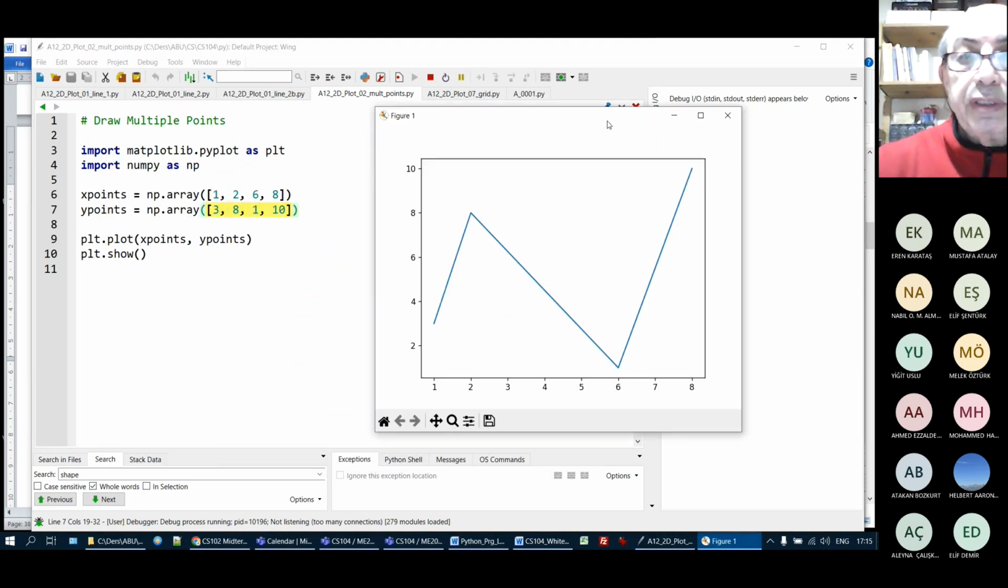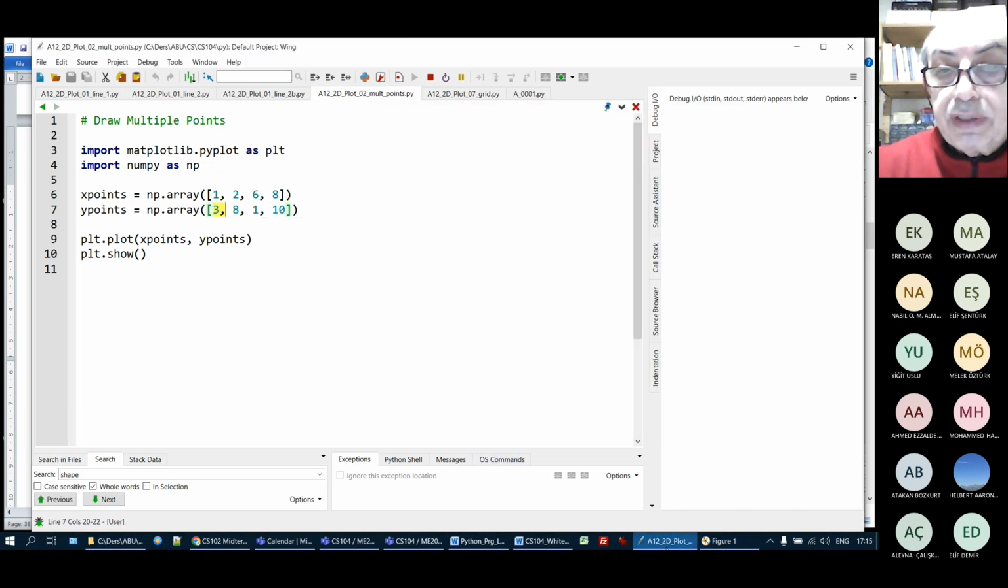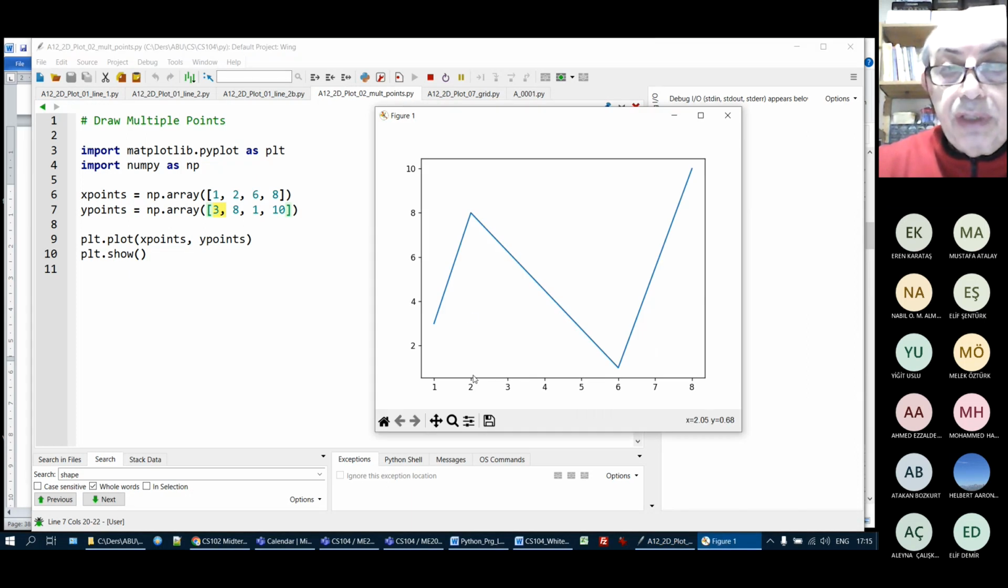Here is the plot. 1 and 3. Okay, the first one, 1 and 3 is here. And then 2 and 8, just look vertically, okay? And then 6 and 1 is this point. And then 8 and 10 is this point. So we can create a plot using